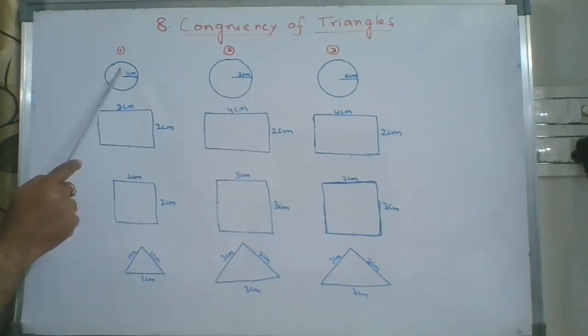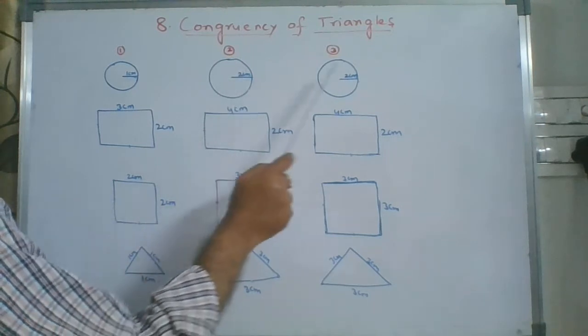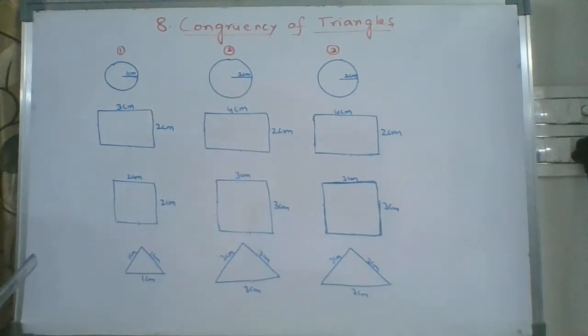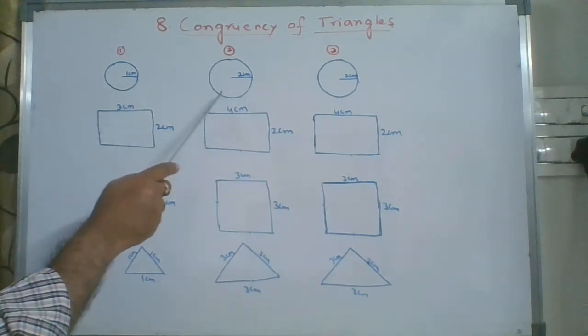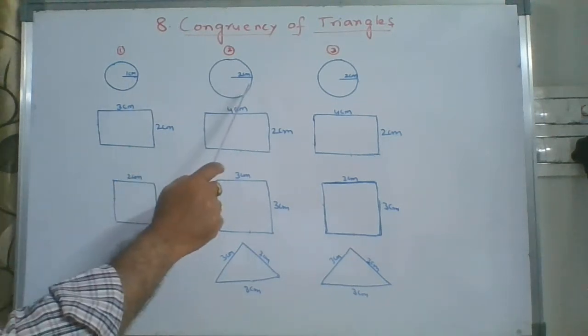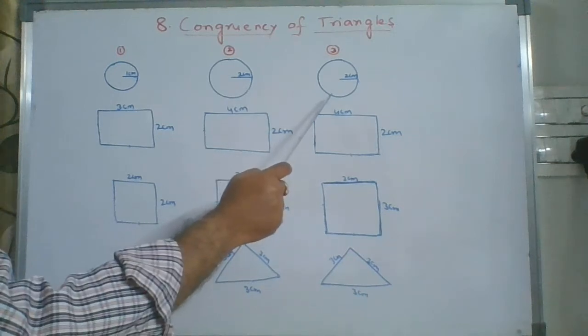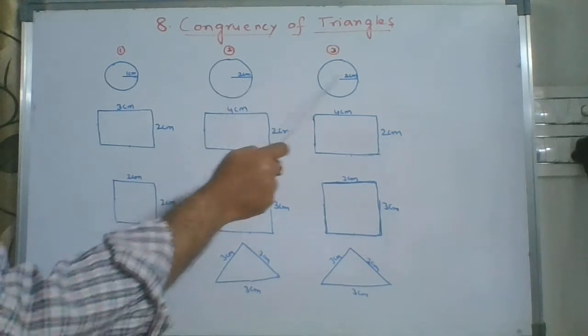Circles: with the help of the radius we can draw a circle. So this is a circle with 1 centimeter radius, and these two are with 2 centimeters radius each. Okay, so what do you infer from these? That these two circles look similar, but they are not the same in size, isn't it? Whereas these two circles are of the same size, because this is also 2 centimeters radius and this also has